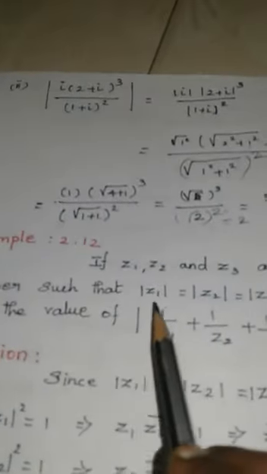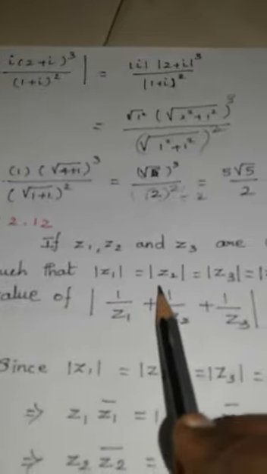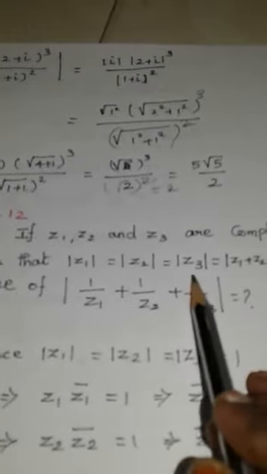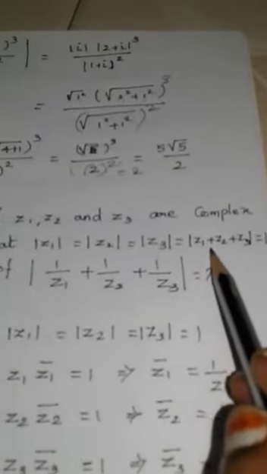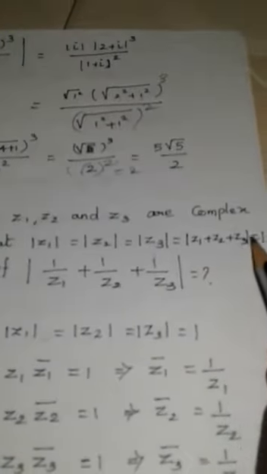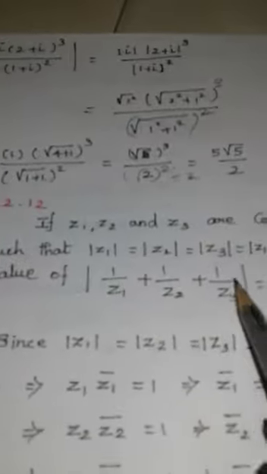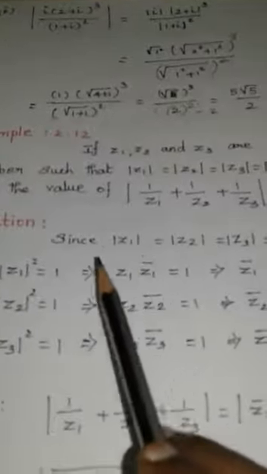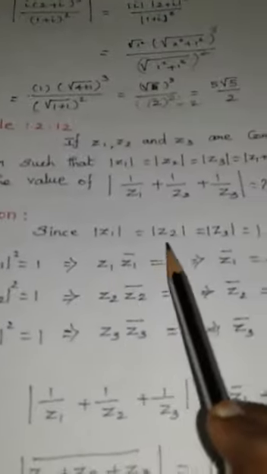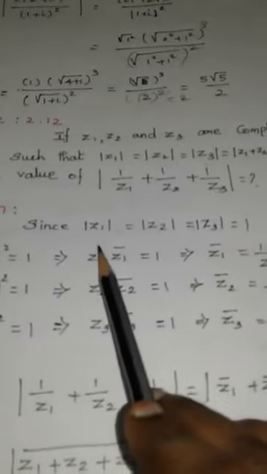Example 2.12. If Z1, Z2 and Z3 are complex numbers such that modulus of Z1 is equal to modulus of Z2 is equal to modulus of Z3 is equal to modulus of Z1 plus Z2 plus Z3 is equal to 1. Find the value of modulus of 1 by Z1 plus 1 by Z2 plus 1 by Z3. Solution: since modulus of Z1 is equal to modulus of Z2 is equal to modulus of Z3,